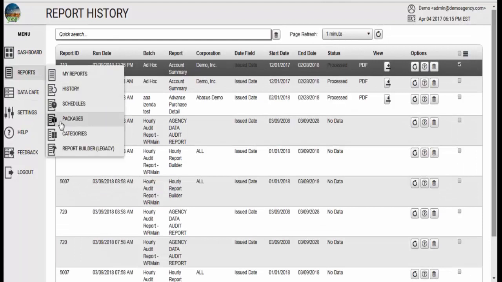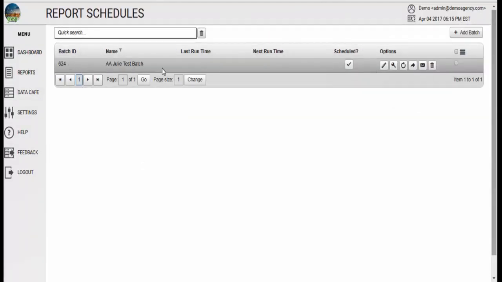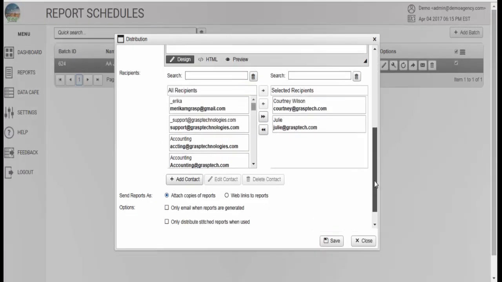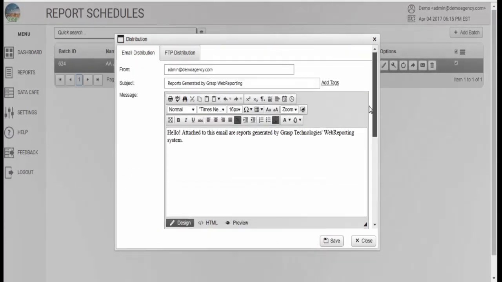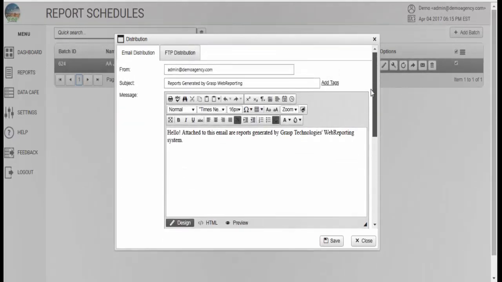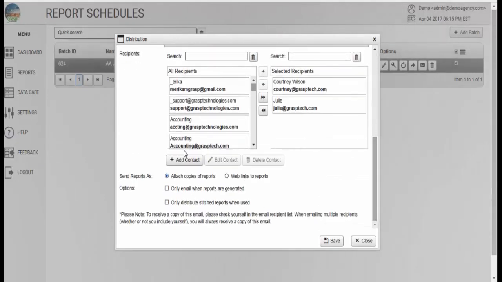And then the last place that you can do emailing is in scheduled batches. Email distribution is right here. So again, it looks exactly the same. In this batch, I have it going to myself and another team member. Again, when you're doing it from a batch, I highly recommend changing the subject line and message to be more personal